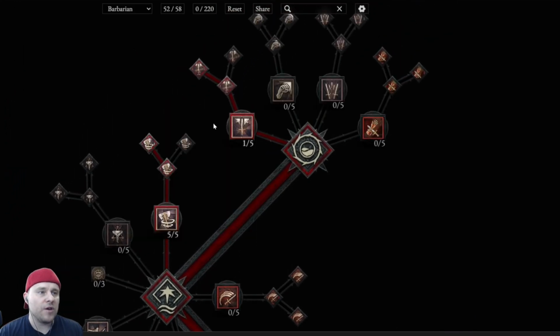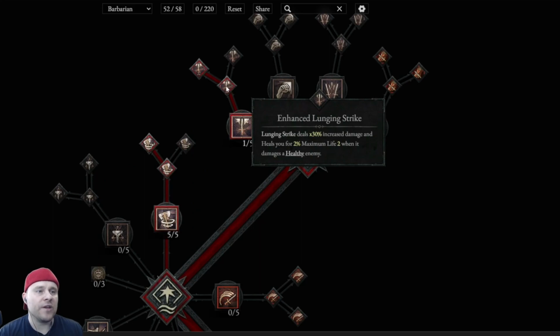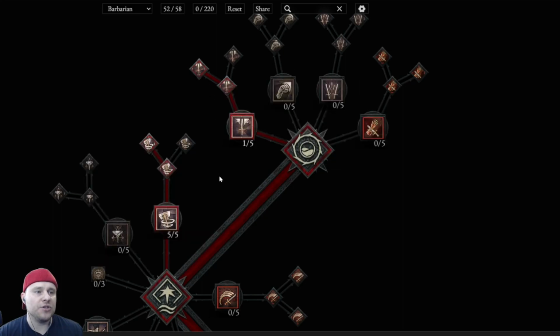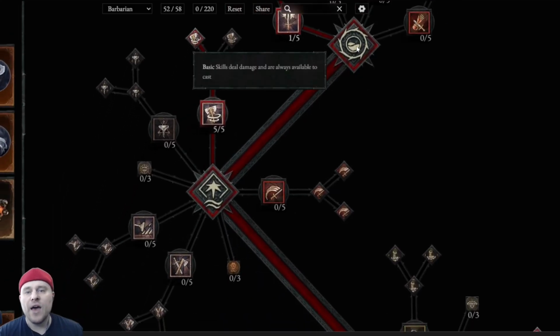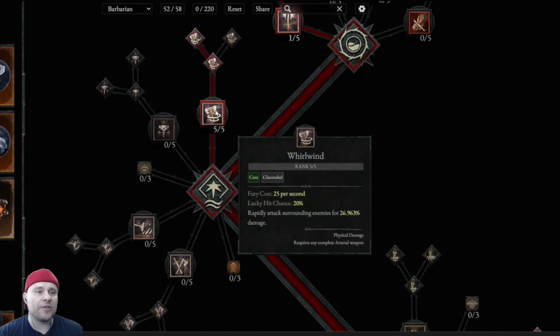Now, as we come down, all I did was I put 1 point in lunging strike, 1 point in enhanced lunging strike, and then 1 point in battle lunging strike. Lunging strike also inflicts 20% bleed damage, not a ton, but as a gap closer, that's just additional bleed damage, which is very nice. And that fills out our basic skills and fills up our bloodline right down to the core skills. Now, looking at the core skills, of course, we are going to go for 5 out of 5